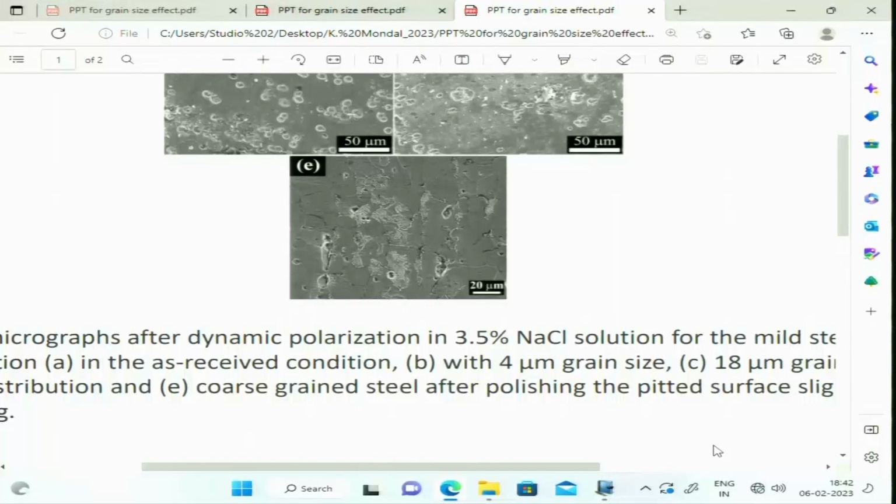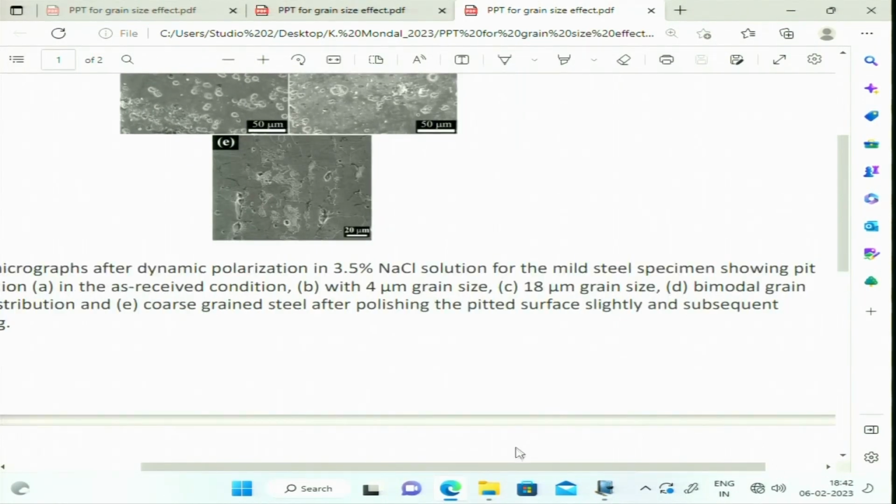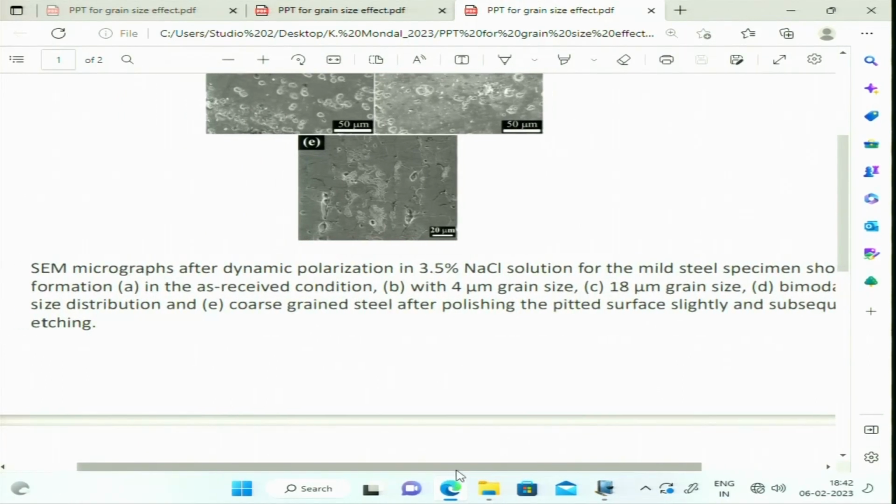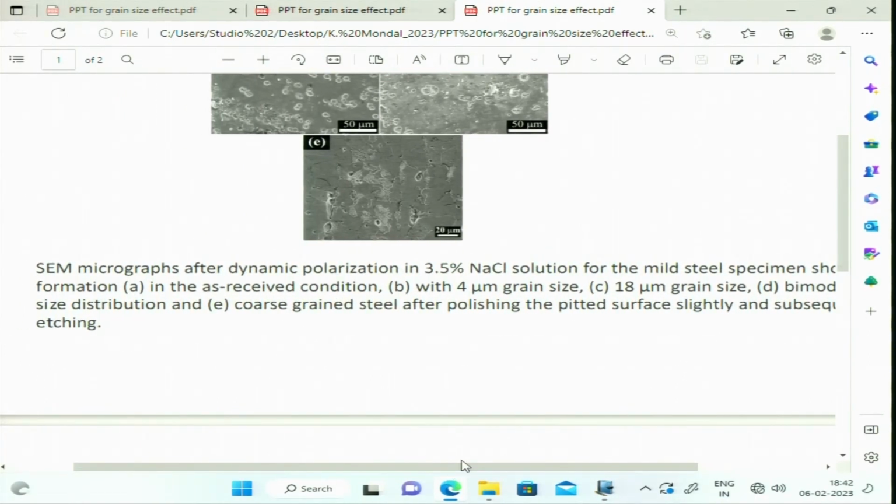Now, let us understand this typical experiment. If we see these particular images and let us see the experiments, what we have done, all those grain size materials steel actually we did dynamic polarization in 3.5% NaCl solution, and then after dynamic polarization, without doing anything, we took the sample and tried to observe the AFM micrograph, the surface pattern. And there we have observed